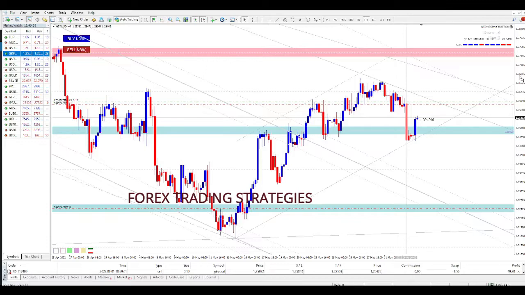Number three is to practice. You need to practice. Why? Because, trust me, you will find examples in textbooks of how things will look, how an M pattern will look, how a head and shoulders will look. But trust me, in real-life market conditions, that thing will look completely different. But if you practice and those things become like muscle memory, and you already know what's going to happen and what it looks like, how to identify it in real market conditions, then you are going to be a better trader.